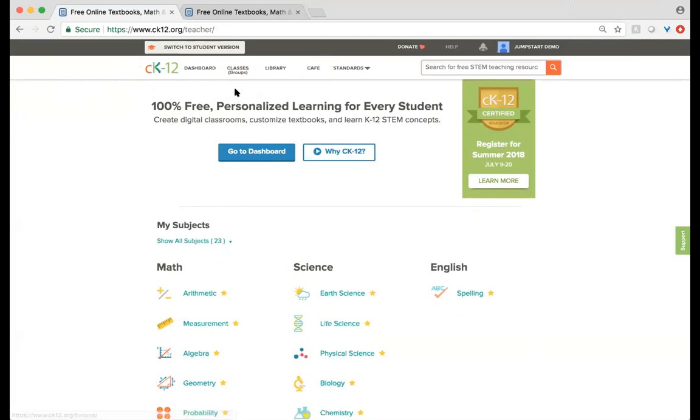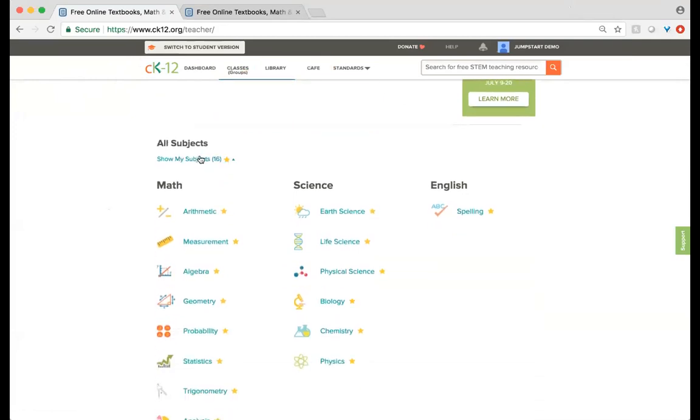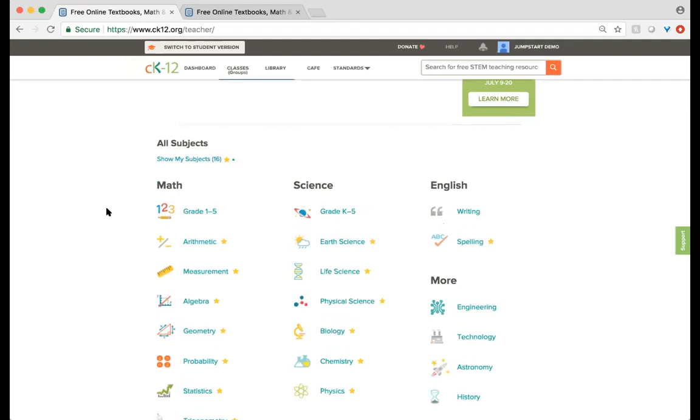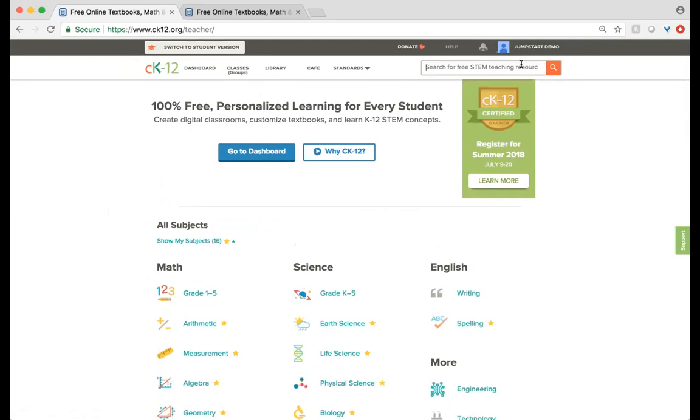We'll look at our library. But down here is where you can see all subjects. So I could go through a branch and I could get to a concept and ultimately arrive at practice through these options here. But I'm going to go up to the search bar and say I am teaching geometry and I want to look for a concept like the midpoint formula. So when I start typing, you can see that it's going to come up with some options for me here.